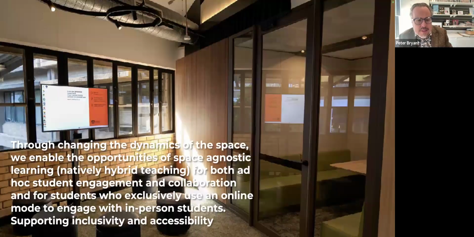Through changing the dynamics of the space, we wanted to enable the capability of what was, and because we've got to remember when this was being designed, natively hybrid teaching. We're still really keen on the idea that, particularly with the complications of people's work life and play, if they can't make a class because they're working, they can still zoom into that class. They can still interact with their classmates.